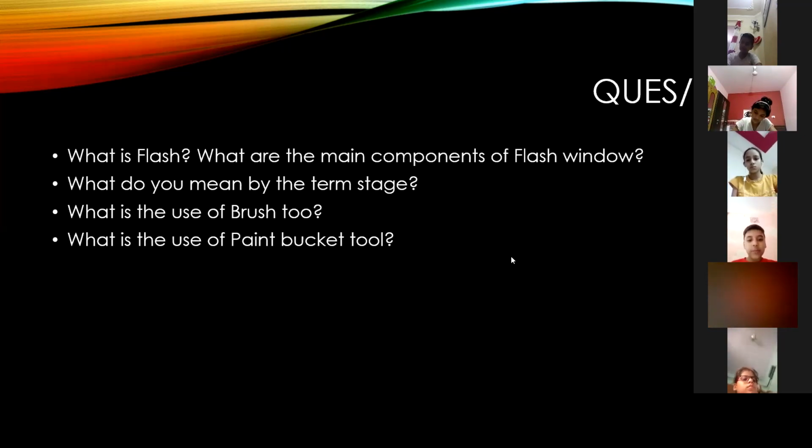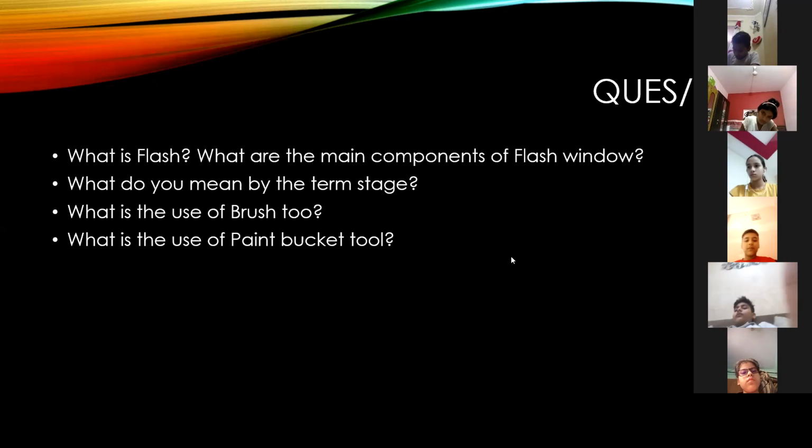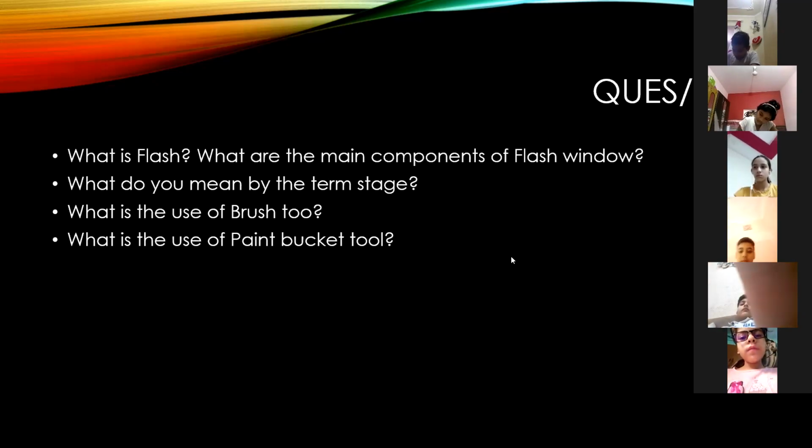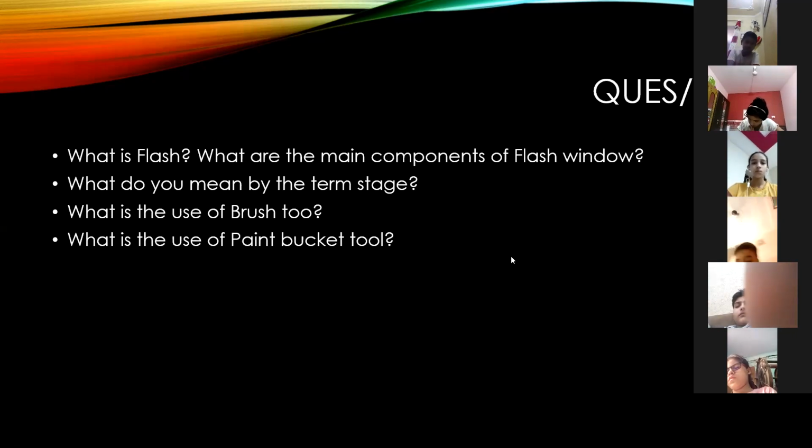It's not main bar, it's menu bar. So the answer we can write as: Flash CS6 is an animation software package used for creating animations with images, sound, videos, etc. Its components are menu bar, tools panel, timeline, stage, and panels.